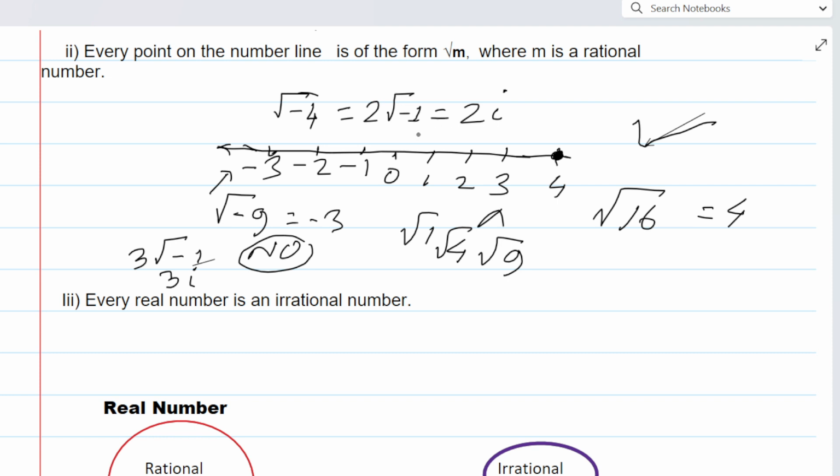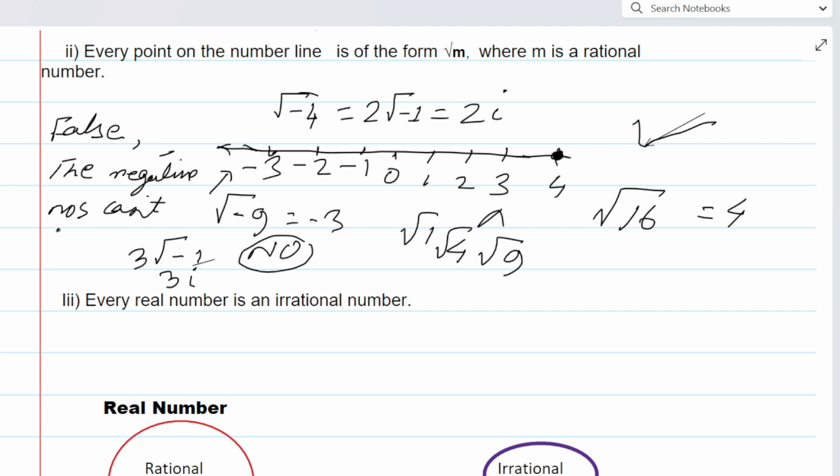In the upper classes you will learn all these things. That means this side I cannot write, but this side yes I can write. So overall your answer will be false, because this side I can write but this side I cannot write. So write the answer, it is false. Why false? Because these negative numbers,